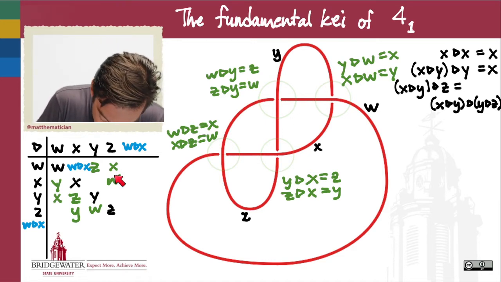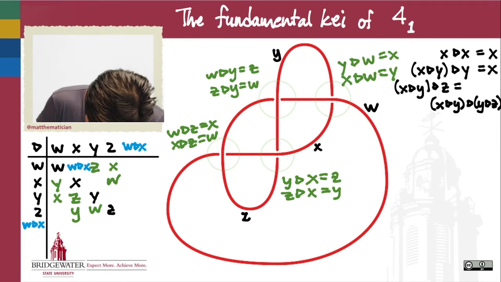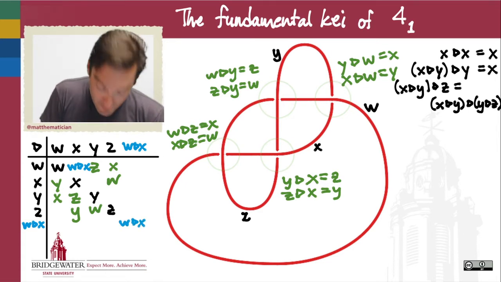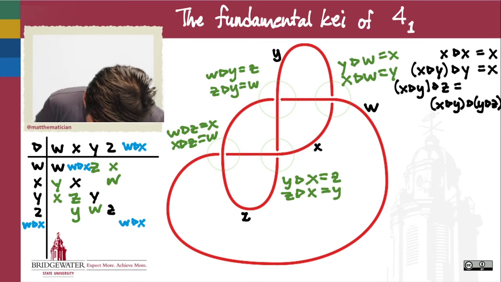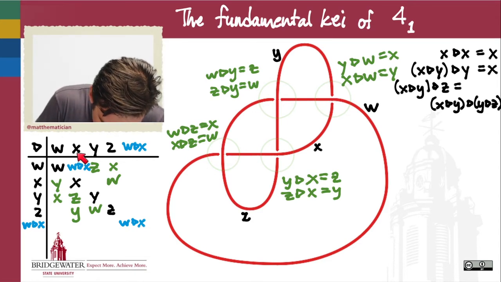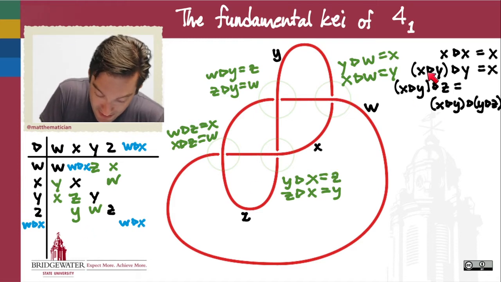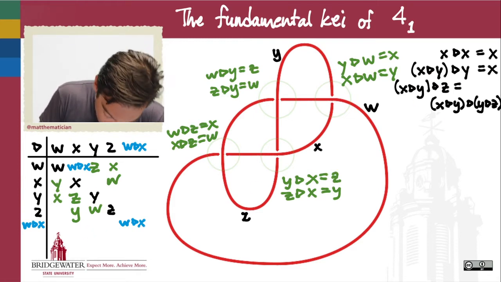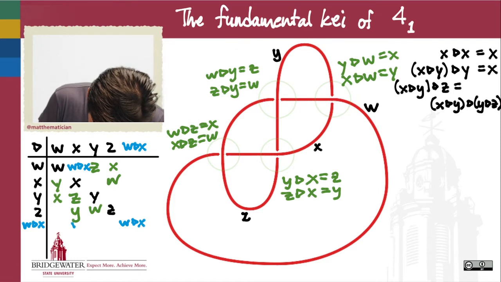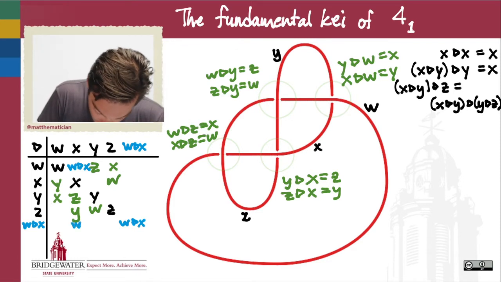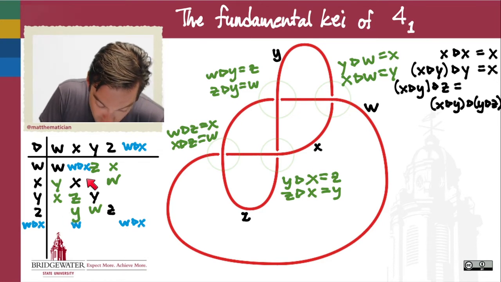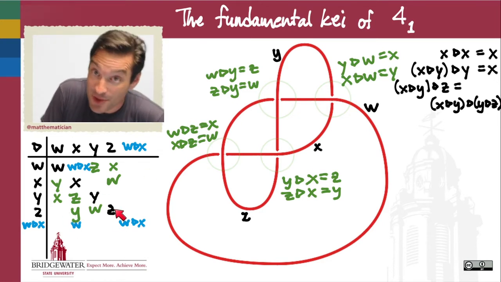Since it's an element in a K, when I triangle it with itself, I'm going to get itself again. So W triangle X ends up over here. Meanwhile, W triangle X triangled with X needs to give me something special, right? According to my second K property, W triangle X has to give me W. But then we're also going to get potentially more elements inside of this operation table, and it's going to